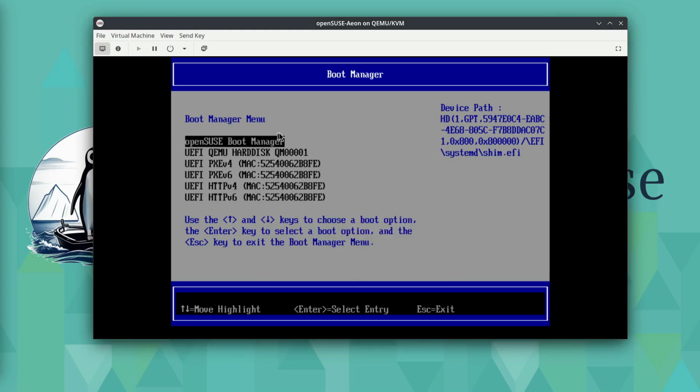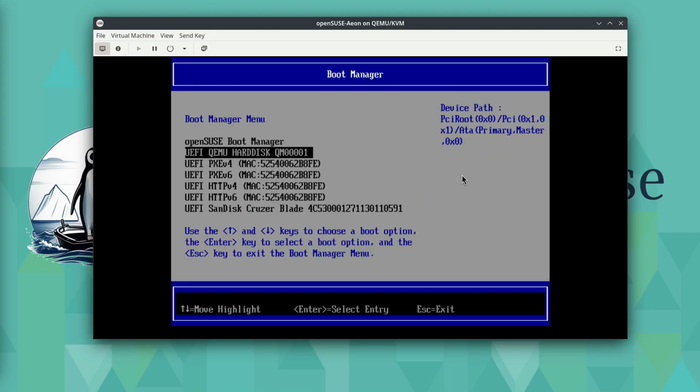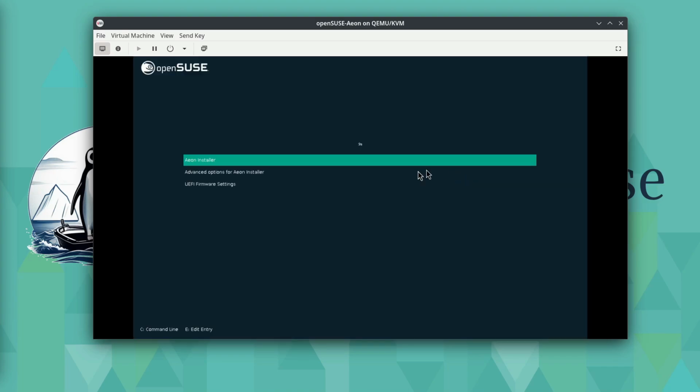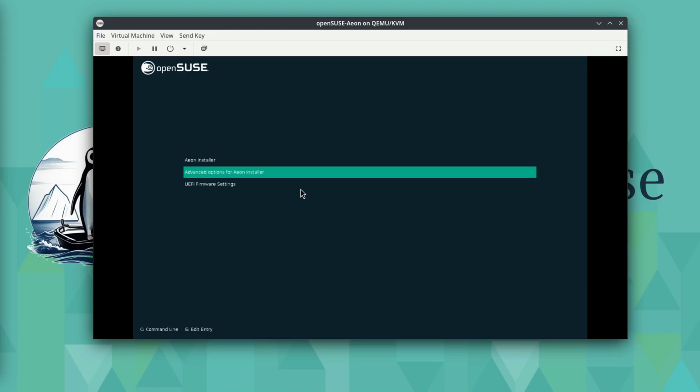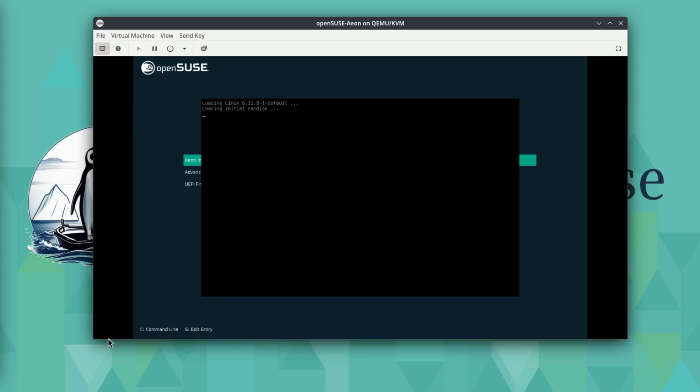I press close. Here inside this menu, if I go back, now I see the USB. I press enter, and then in this window you can choose advanced or Aeon installer. You go direct to Aeon installer,